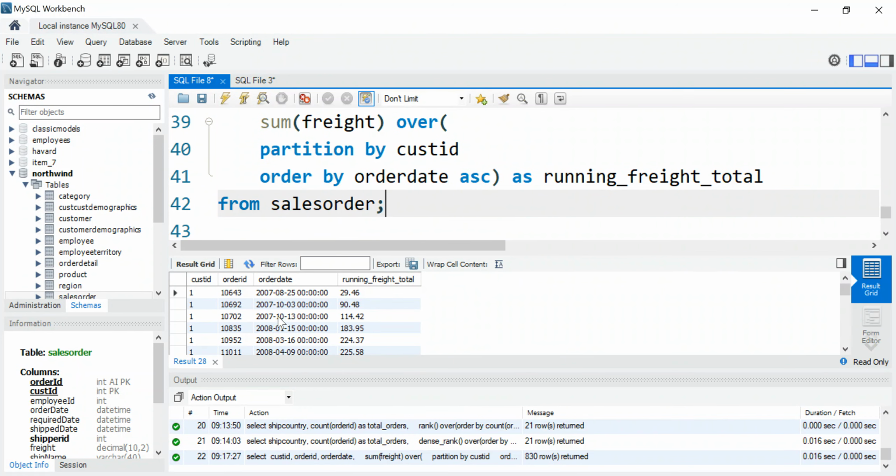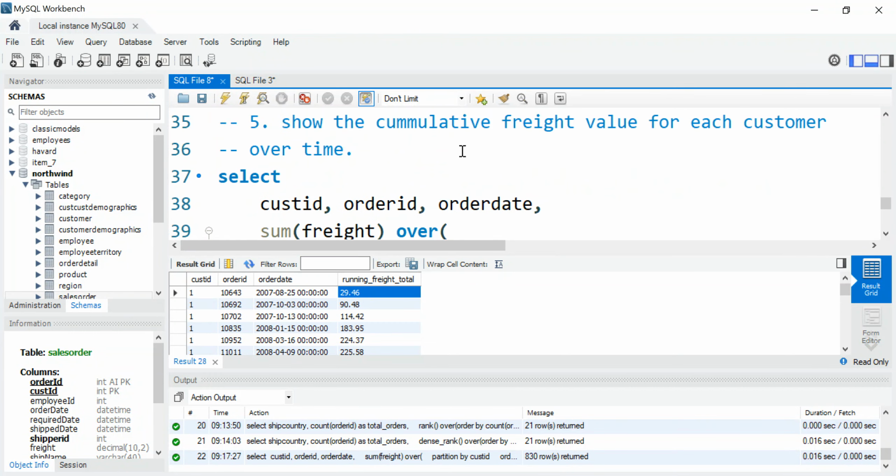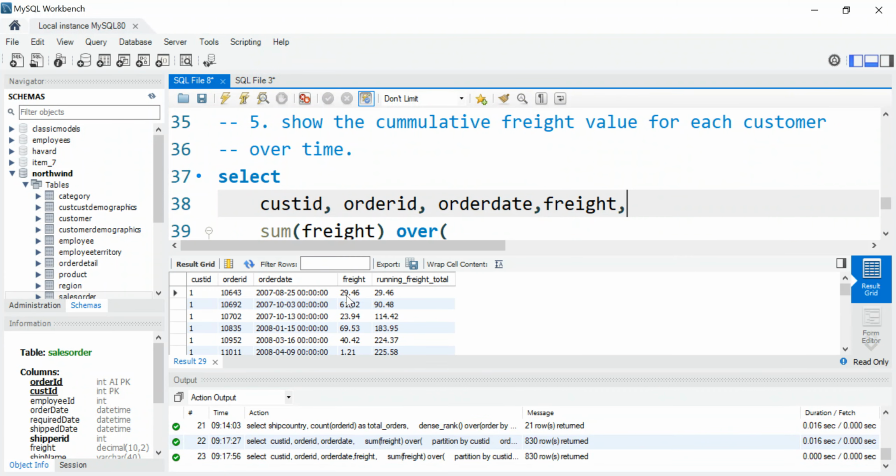Now what we see here is, for customer one, the first order that they sold was this 29.46. Then the next order that they sold, in fact I should add comma freight here, so that it's going to be easier to explain this concept. Now see, freight is 29.46, running freight as at that point is also 29.46 because 0 plus 29.46 is 29.46. Then the next one is